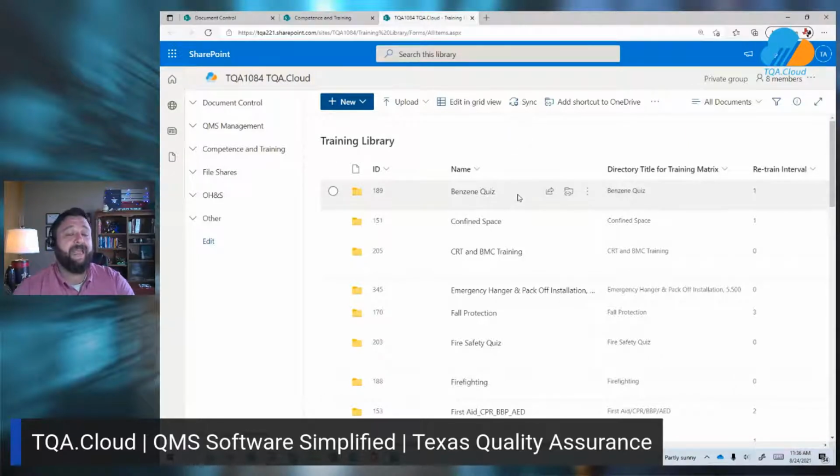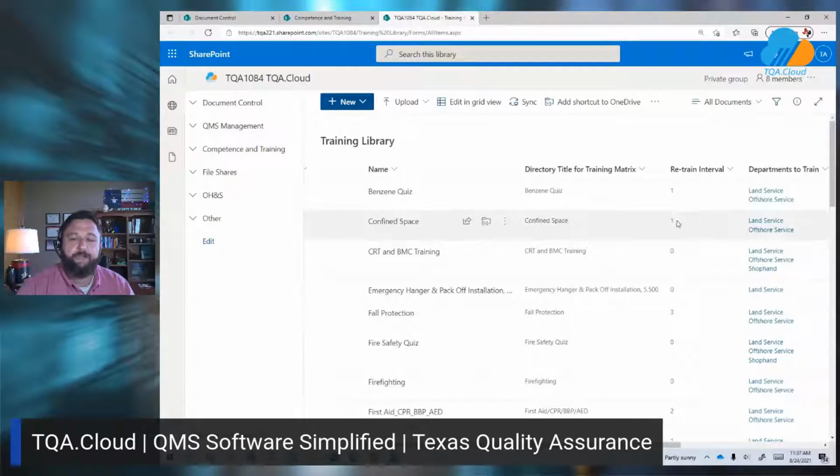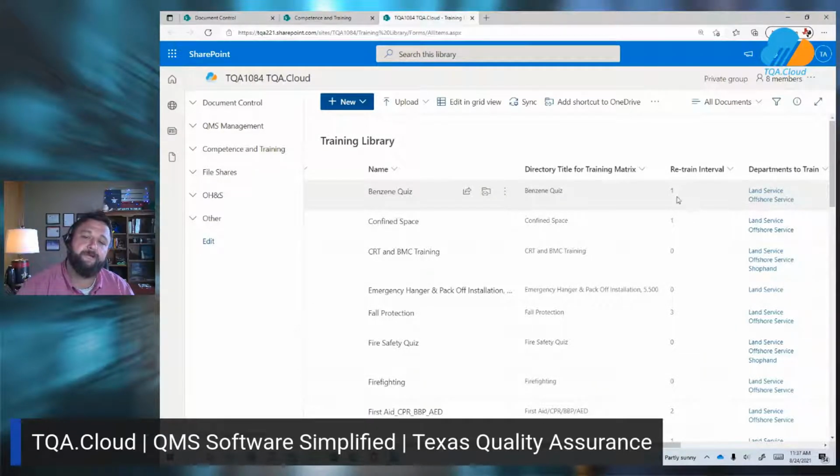So we can link that competence directory to that process procedure. That process procedure also has requirements for departments to retrain if and when it's updated. So you can go ahead and enter in that retrain requirement for that process procedure for the particular departments you're looking to retrain. Or if it's an instance of recurring annual trainings or maybe part of our onboarding process, we can enter in all of that here as well.